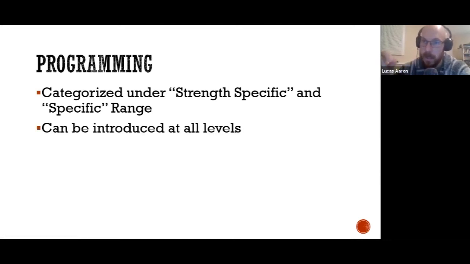So I believe that we can introduce high intensity range work at all levels. Obviously, that's going to change from someone who's more advanced, intermediate to beginner. But beginners just need that little bit of exposure to some of these movements to grasp and understand what it is that they're getting themselves into, to see the bigger picture. We're going to be introducing them at a low intensity when we get into strength specific range work, Jefferson curls and good mornings. So we are slowly introducing them to higher intensity movements, but it's when we know that we